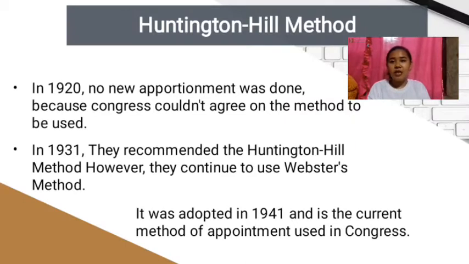Huntington-Hill method. In 1920, no new apportionment was done because Congress could not agree on the method to be used. They appointed a committee of mathematicians to investigate apportionment methods. In 1931, they recommended the Huntington-Hill method. However, they continued to use the Webster method. After a second report recommending the Huntington-Hill method, it was adopted in 1941 and is the current method of apportionment